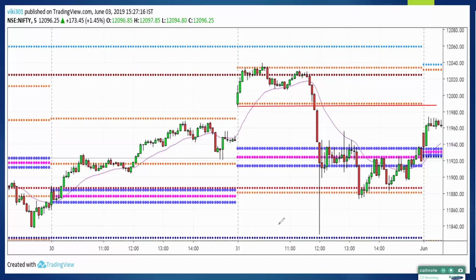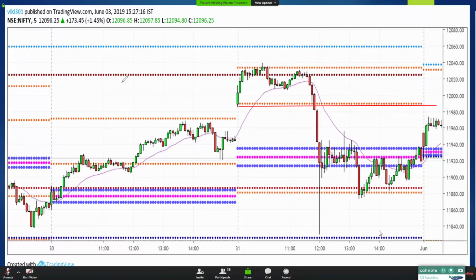Okay, so there are two patterns here. First is open drive, green candle opening above previous day range, bullish candle taking support near the weekly pivot, near the daily pivot. So you can go long here, keep stop loss below the candle and take your profit near the monthly pivot or daily pivot. Then somebody said M pattern, though it looks a little bit like M pattern, but not very convincingly,